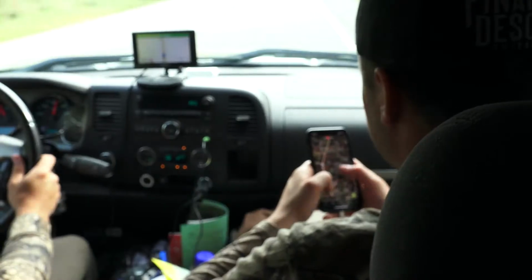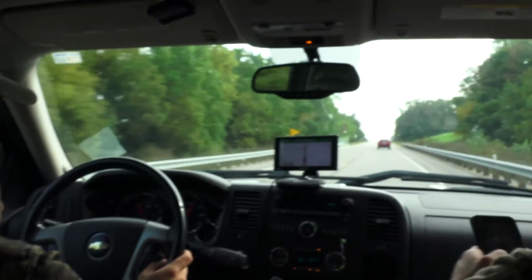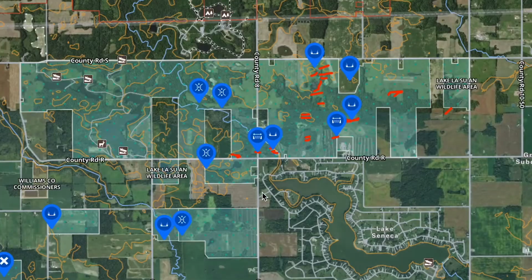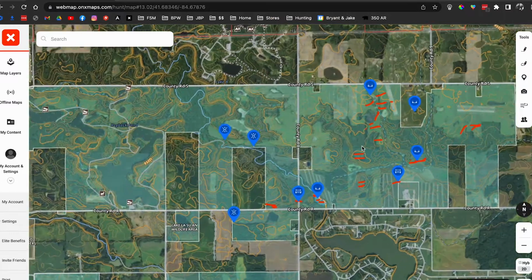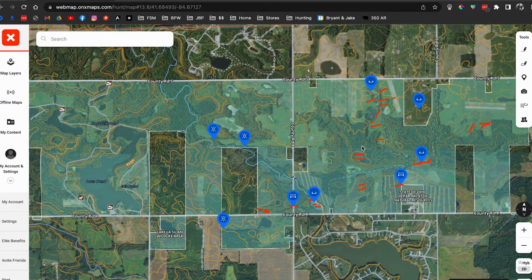I just want to do a real quick video just to go over how we do out-of-state scouting. So jumping right in, I got Onyx pulled up here. This is a spot in Ohio. I kind of want to go hunt it at some point, so I've already dropped some pins, but